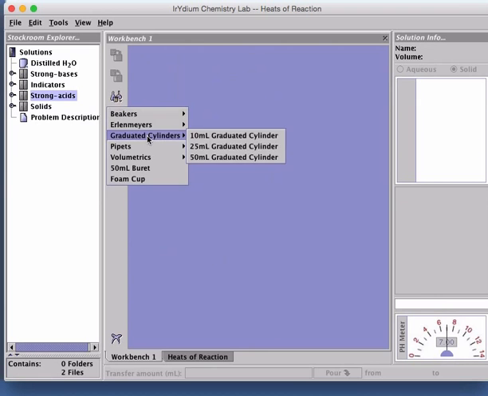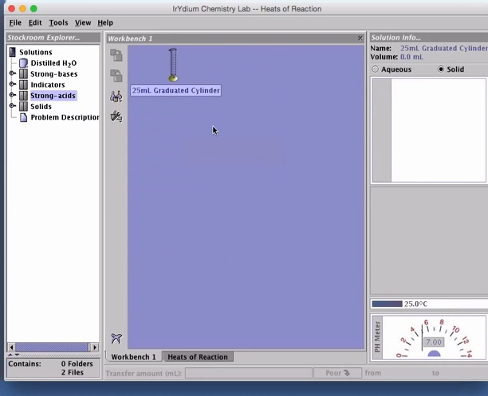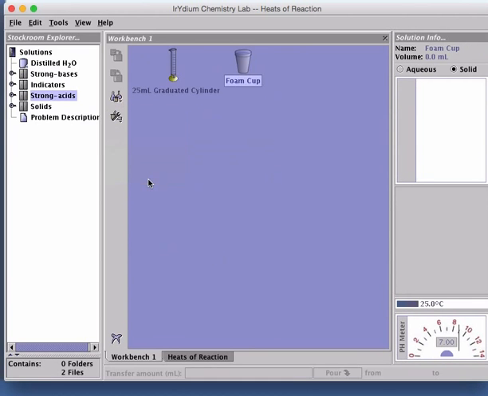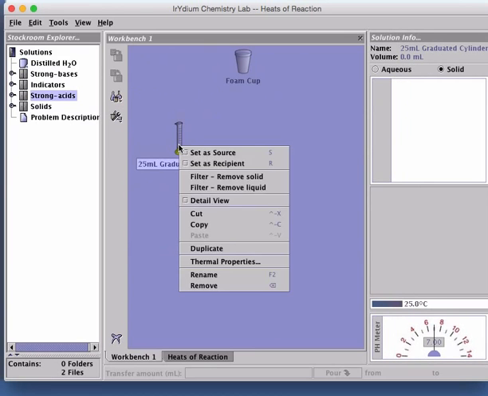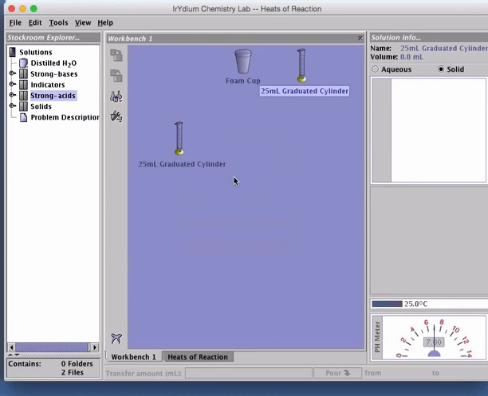From glassware menu, take a new 25 ml graduated cylinder and a foam cup. We need 2 graduated cylinders. Use duplicate option in the context menu to make the copies. Drag both the cylinders to a convenient place on the workbench.